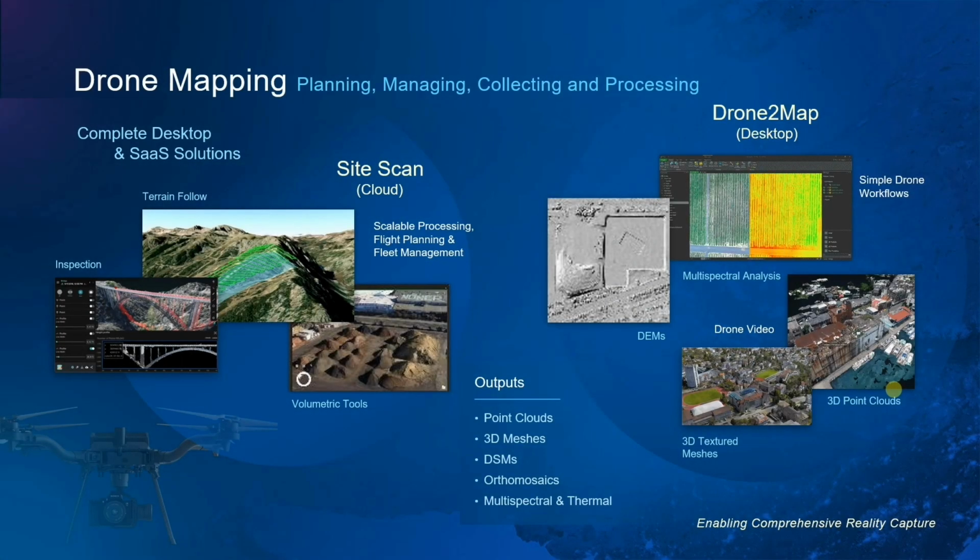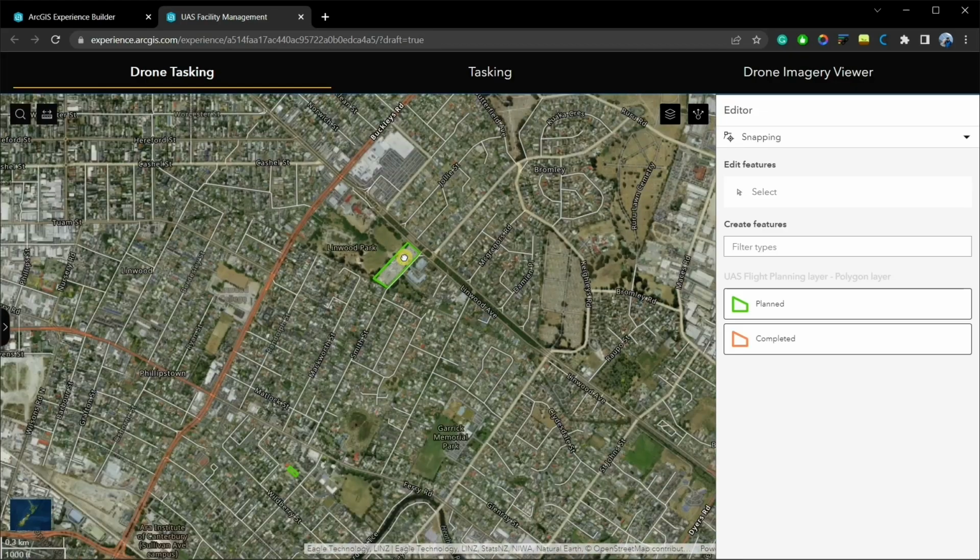Finally, to finish off our BIM, facilities management, and GIS section, I want to talk a bit about drones. Drones continue to play an important role as data capture tools for analysis and map production purposes. There are currently two main offerings. SiteScan, which is the SaaS offering, allows users to fly and capture imagery, store, process, and share drone imagery outputs in a cloud environment. There is also ArcGIS DronesMap, the desktop equivalent. Both applications allow reality capture in the form of orthomosaics, 3D texture meshes, point clouds, and elevation products.